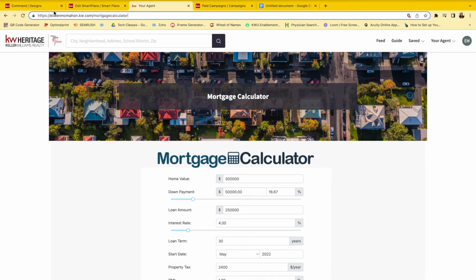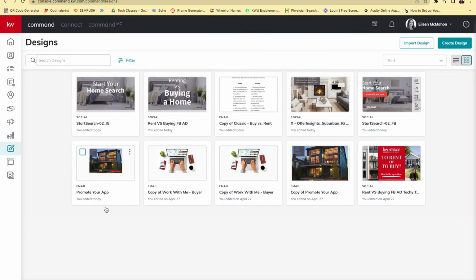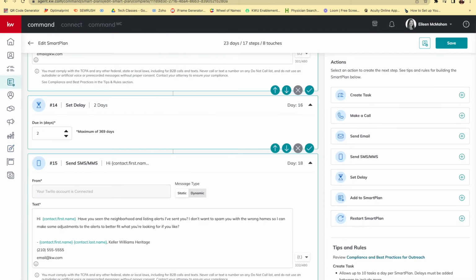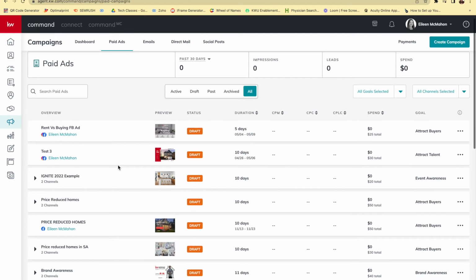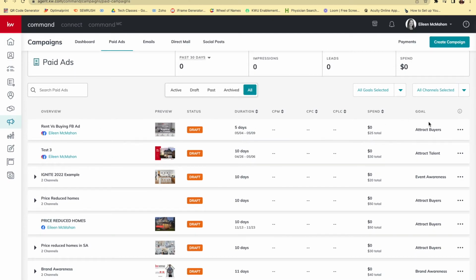So starting from the beginning, first we need to have our design. Second, we are going to have our smart plan that we downloaded from the library, and we are also going to need a link because this is where everyone is going to end up once they submit to your campaign. Now, if you feel like you're a little lost because it sounds like it is a little bit everywhere, don't worry. It's all going to be plugged into your campaign and it's going to make a lot more sense here in a moment. So I have already created one,